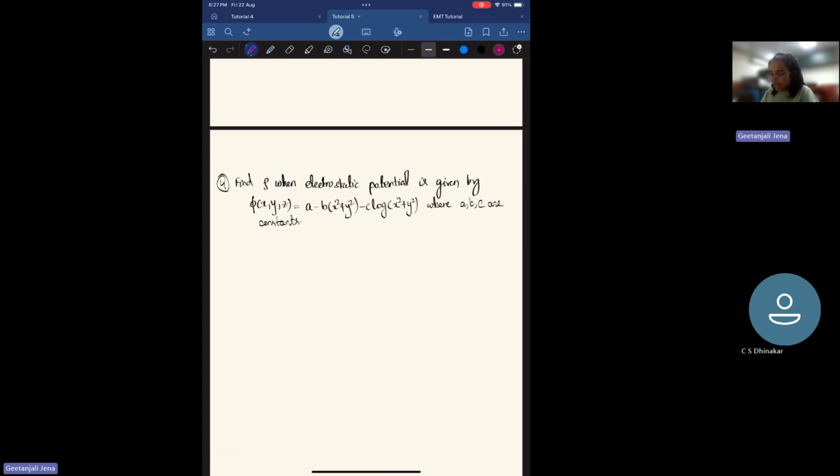The question says there is an electrostatic potential phi(x, y, z) equals a minus b times (x square plus y square) minus c log (x square plus y square). A, B, C are constants, and you need to find out what is the